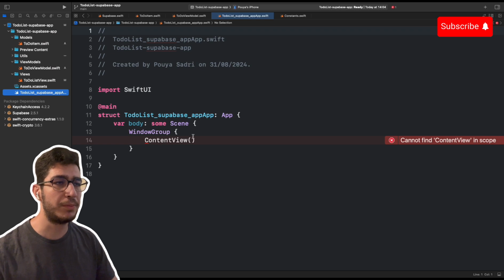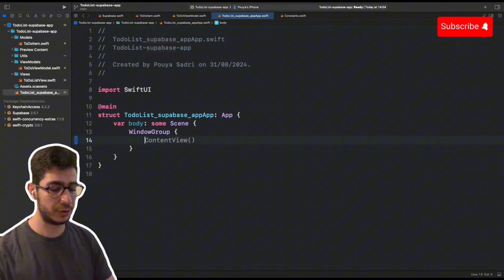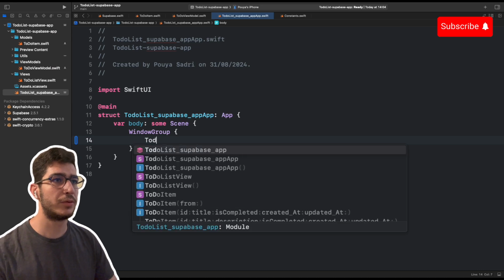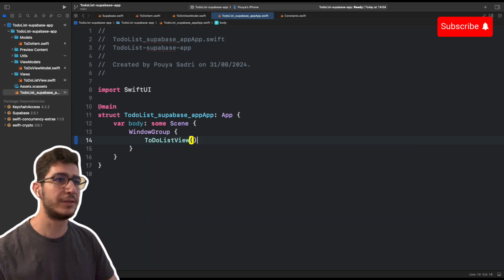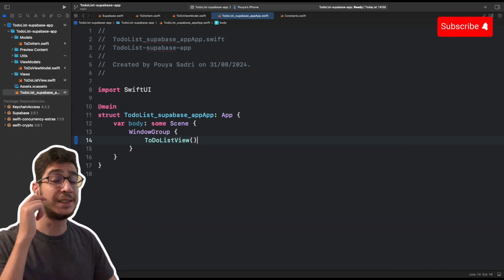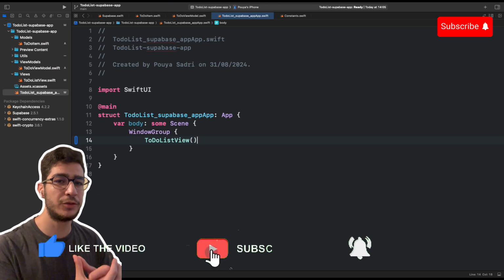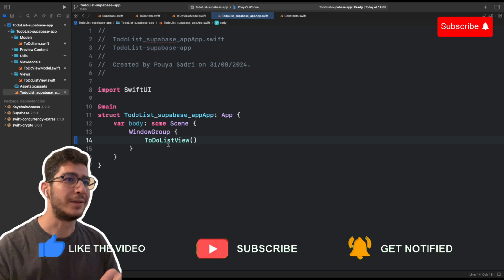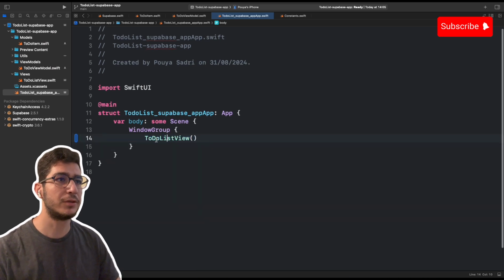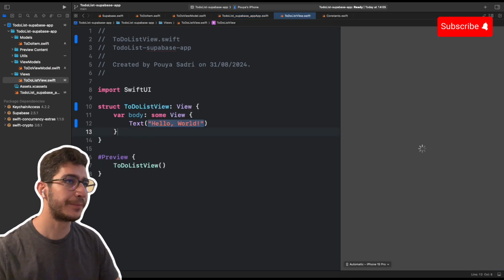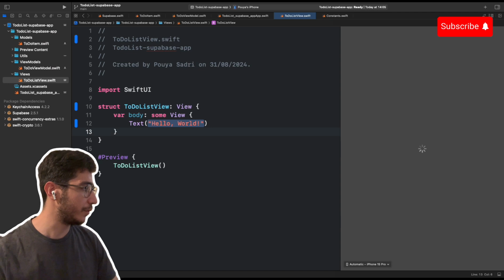And here in our to-do list, Supabase app, something strange. We have a to-do list view here. This is the entrance of our app that goes to ToDoListView. So I just go in there, and in our to-do list view,